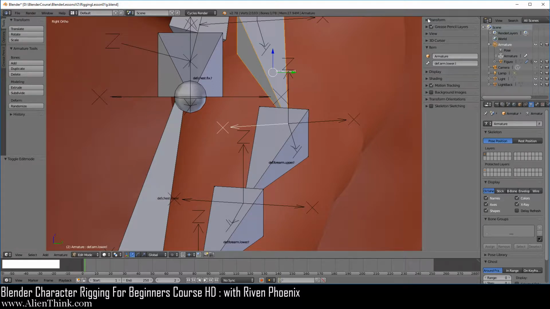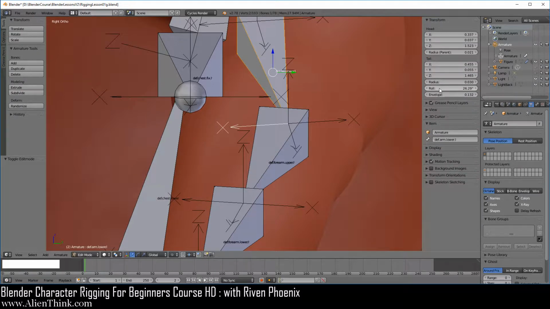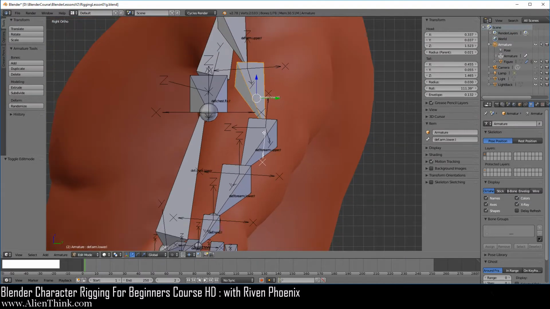It's showing up as black because the z-axis belongs to both of the bones. So if you open this up and click over here to do the bone roll, you would have to look at the black z-axis if you want to point it this way. That's something you want to get used to, as to what you're actually seeing inside the 3D view when you are using bone rolls and you are in orthographic view from the right view. Again, this is only when bones are overlapping like this.